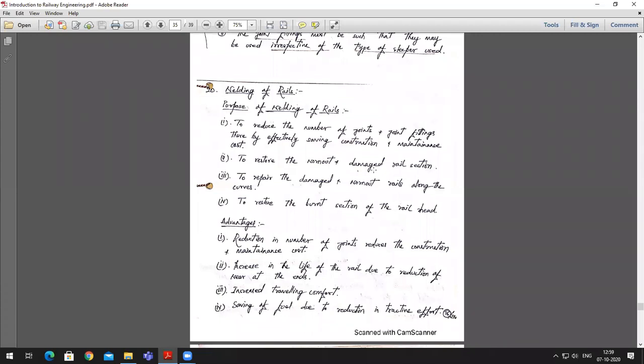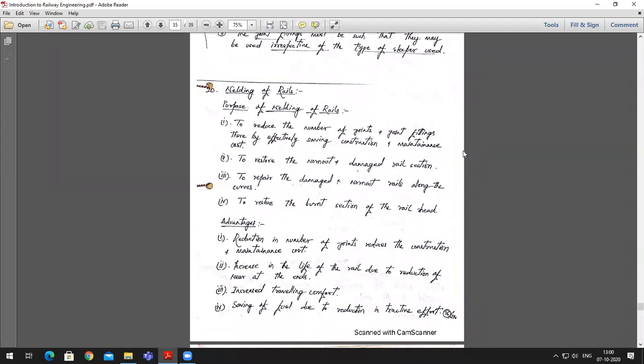Okay, so that battering action gives a lot of disturbance to the travelers who are traveling in the train. That battering and hammering sound will always be there throughout your journey. This particular sound, you can say it is a noise, is heard when the wheels of the wagon approach that joint section. Whenever it approaches that joint section, you will hear that ringing or banging sound.